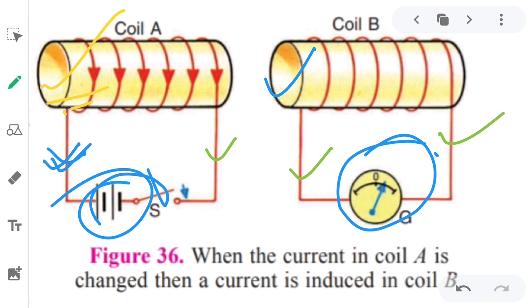So for today, up to here I think it will be okay. About the domestic circuits and other things we'll see in our next video. Okay, and I think in our next video only we'll complete this chapter. Most of the things I've already covered in this video. Only few things are remaining. We will finish that in the next video.